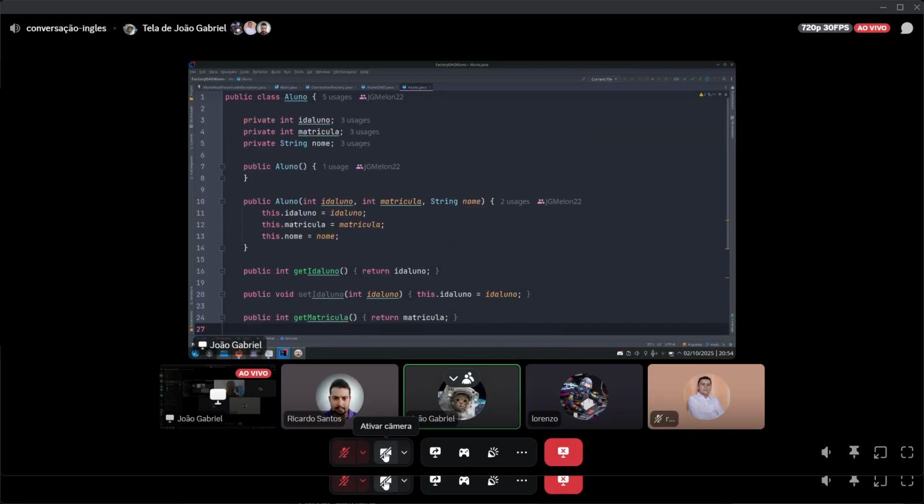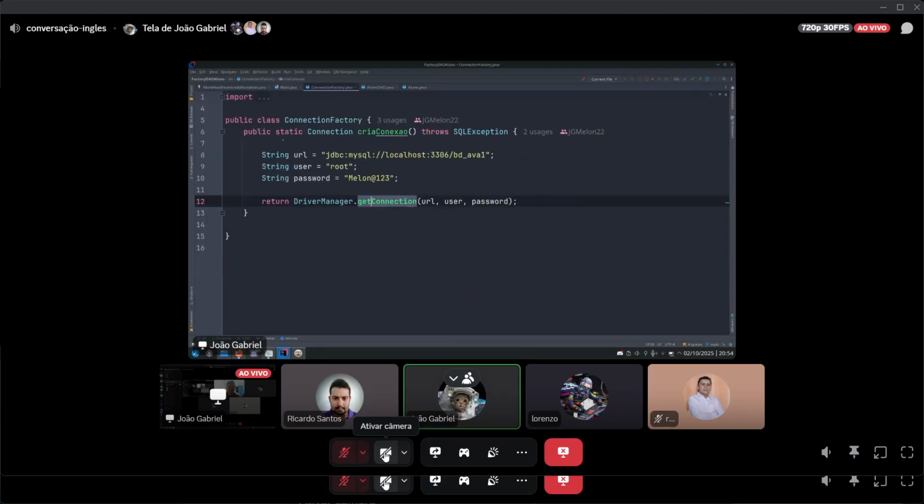POJO, plain old Java object. And the AlunoDAO implements the connection factory. We open a connection and we can implement the query per se using JDBC, open a result set, passing variables as arguments, with the, I forgot the name of the symbol. Yeah, the question mark.